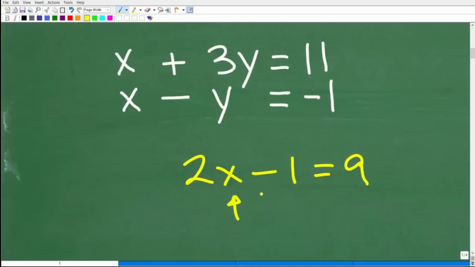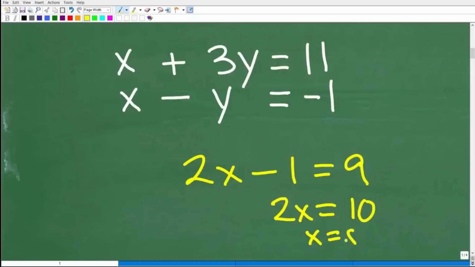okay? Now, if I was to solve this equation here, I would move the 1 to the other side of the equation. You would have 2x is equal to 10, and then x would be, of course, equal to 5. All right, so this is solving basic linear equations. I'm not going to go into the steps here. Hopefully you